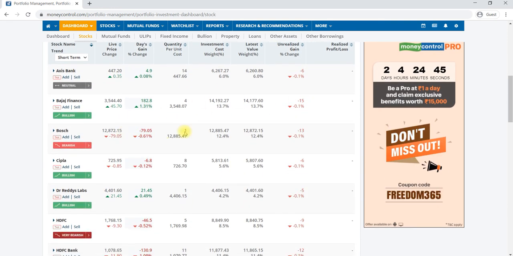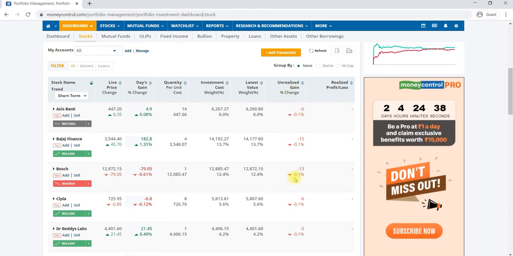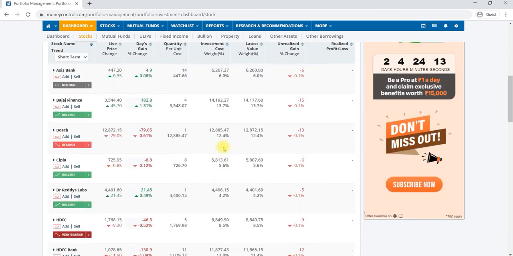All the stocks will be shown here, with recommendations, what kind of sentiment there is in the market, and what happened overall, whether it is positive or negative, and how much you have invested, how much quantity you have bought, and what you have paid. Now how much you have paid, and the portfolio percentage, 6% out of that portfolio, and latest value and live value. All these things you can check here, and you can generate a report also.